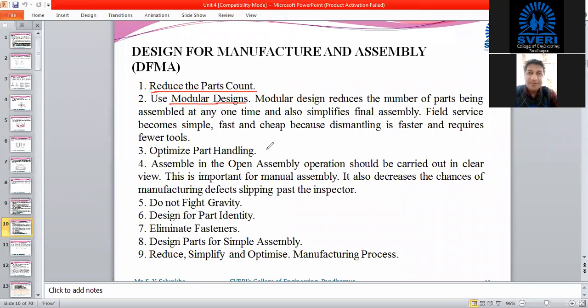Then in that case, field service also becomes simple, as you do not have many components assembled together, and fast and cheap, because disassembling is done faster and requires very few tools. That's why most companies provide their services after the sale, and this will also increase the additional cost for that component. If more service has to be provided after the sale, then the additional cost in that component will increase. For example, we can take